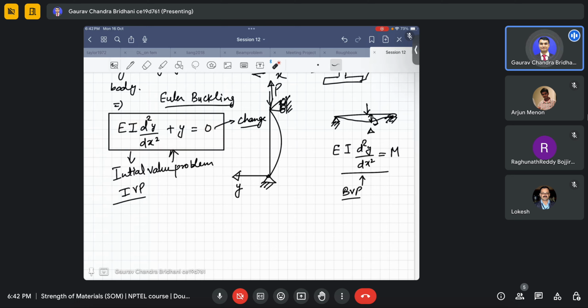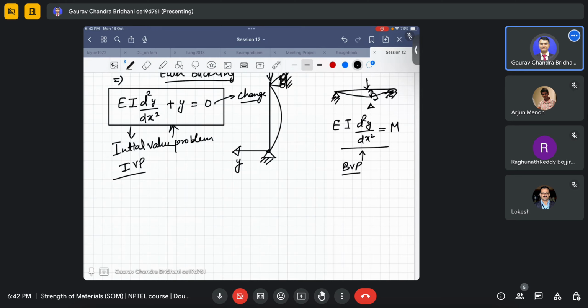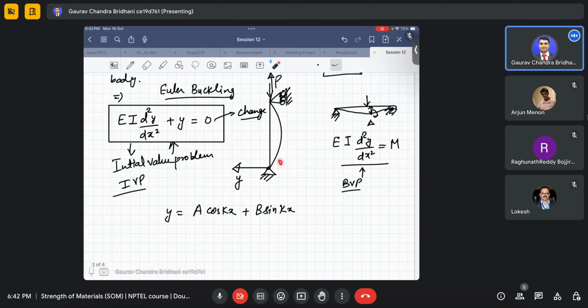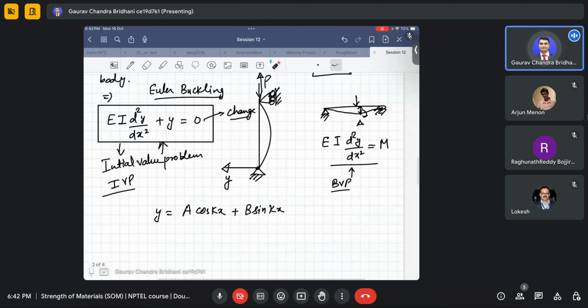Now you need to solve it, so you have a defined solution. You say the solution for y is something like a cos kx plus b sin kx, and then you use your initial conditions. Basically your initial condition is that the deflection at this point will be 0, and then at this point in this direction the displacement will be 0. Okay, and then you solve it further to find these values of a and b, and you find that a is 0, and from there you find a relationship with